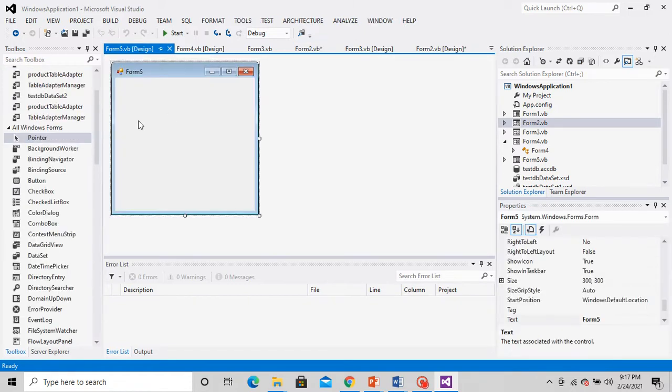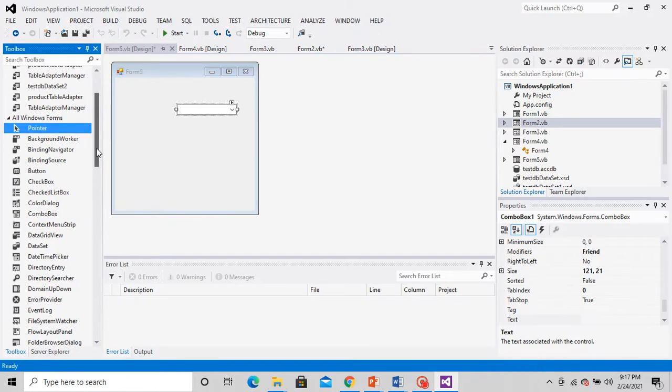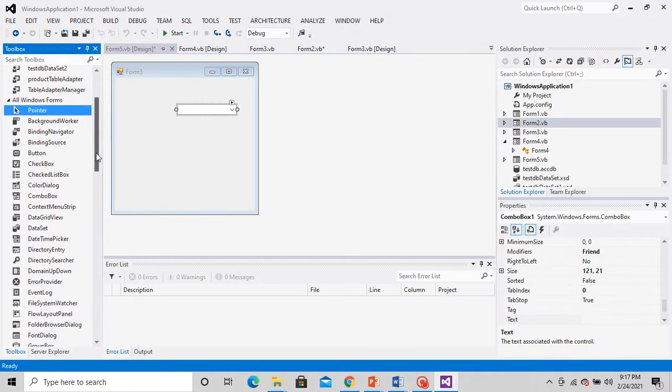So students, I have thought about something here. To delete something, again, it's your wish how you will do it. To make it simple, what I have thought is that first of all, I'll add one combo box here, like this. What is a combo box? That is nothing but a drop down. What will be loaded in this combo box?